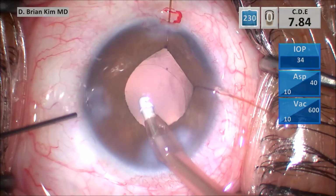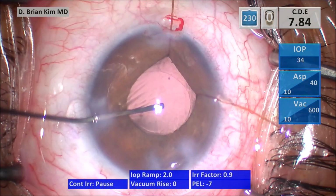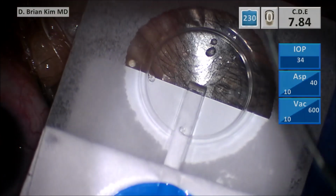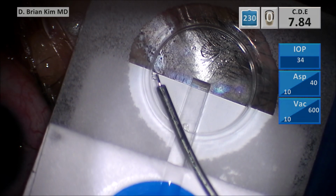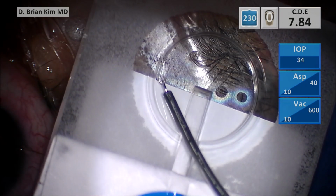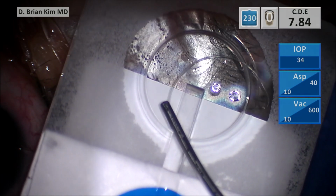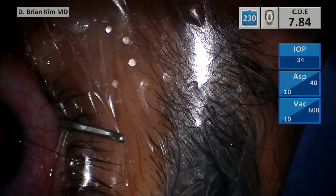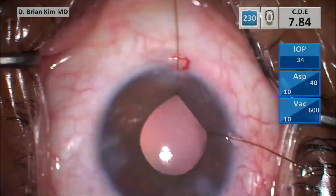Disengaging the fluid and then pushing cohesive viscoelastic to fill the bag. And this is a capsular tension ring. I'm using the injector with the hook down. I'm hooking the left side part of the CTR, and as it internalizes, it goes in counterclockwise so that it will be delivered clockwise. And I use a Lester hook, and I'm going to use that Lester hook to hook